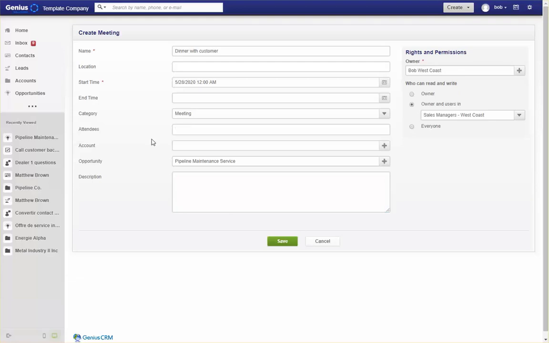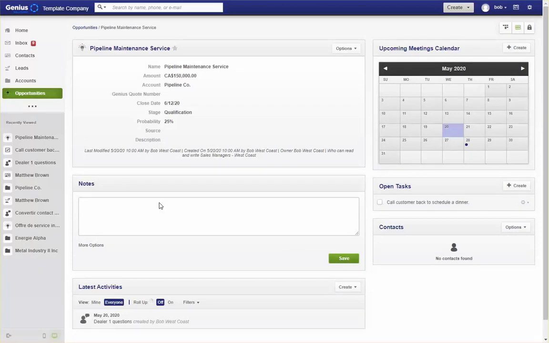I can set attendees, etc. All of these forms, again, are customizable, and you can add your own custom fields if required. So if I save, I'll have created my meeting here. So for this opportunity, I have one meeting, I have one task, I can have multiple ones, it's not a